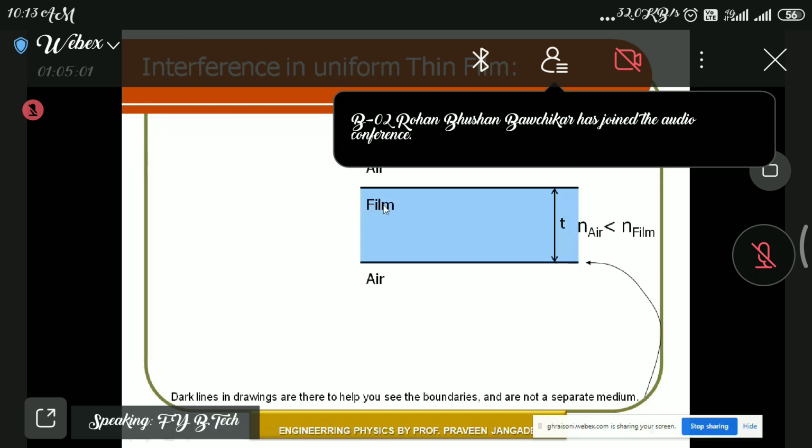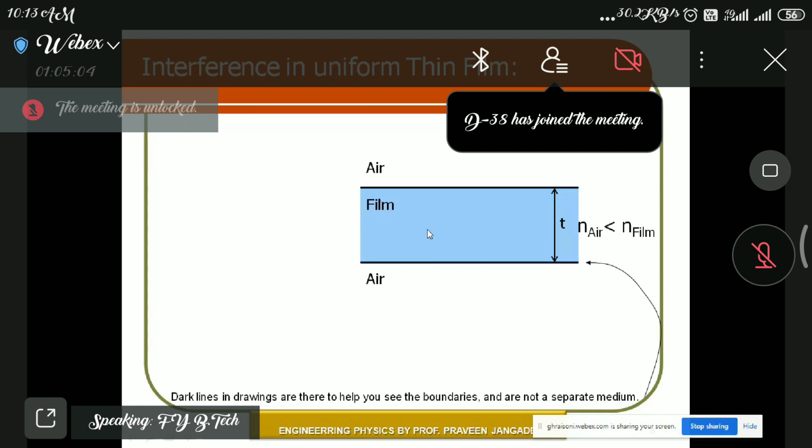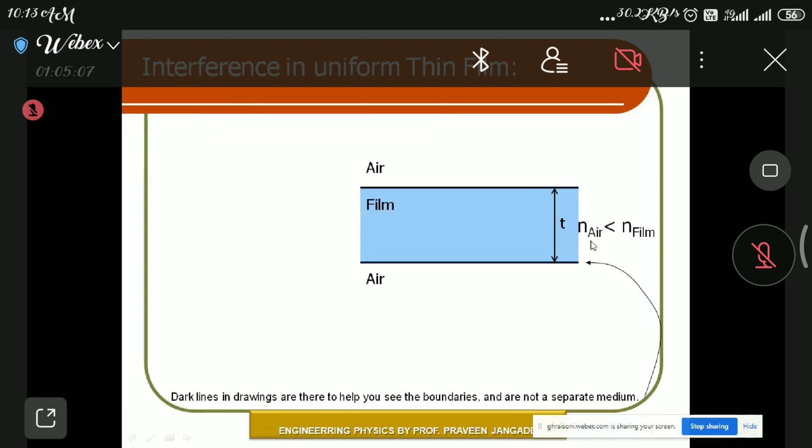That has been given in a different color, a blue color, and it has a particular refractive index. Above this film there is nothing, it means there is air, and below this film there is also air. This film has a thickness T. So what will you consider here? When you write your answer, you will say: